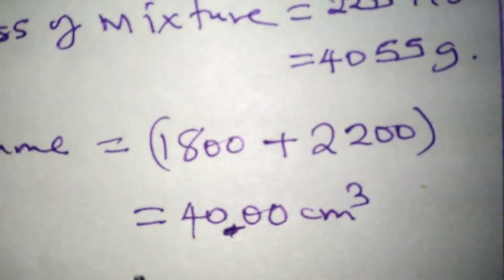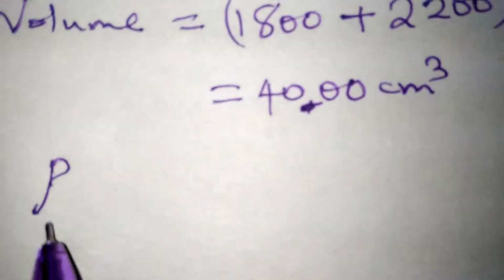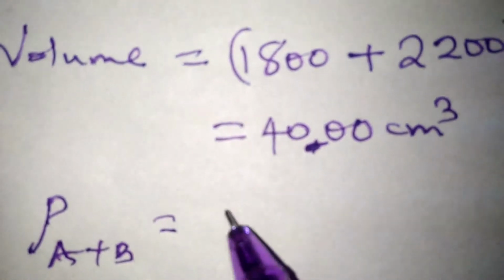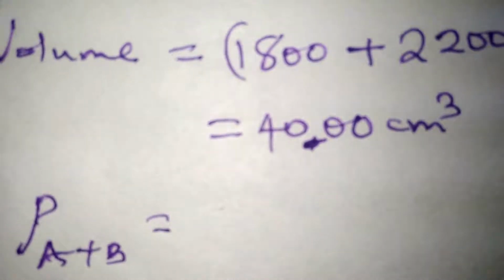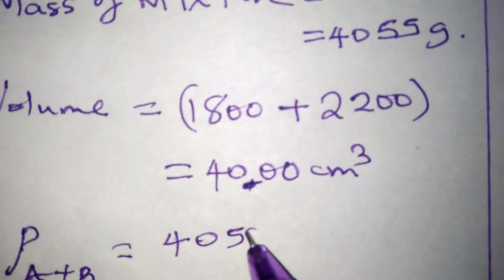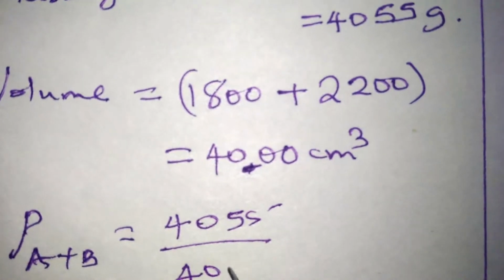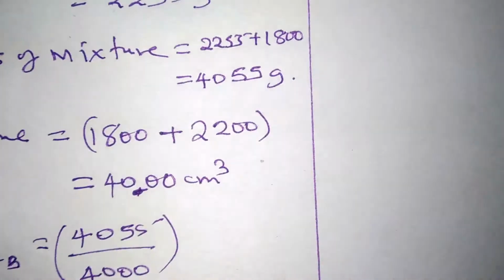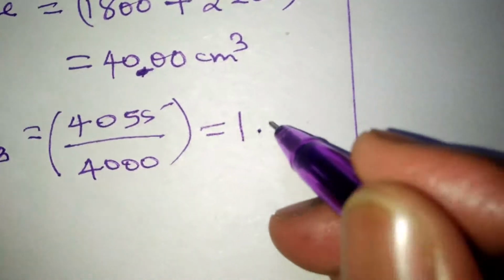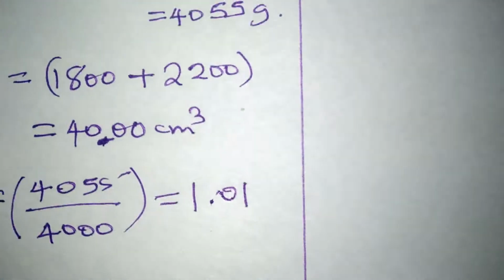Now, when we go back to our formula, you therefore find that the density of the mixture would be given by the mass of the mixture, which is 4055. We divide that by 4,000. That gives us 1.01375,